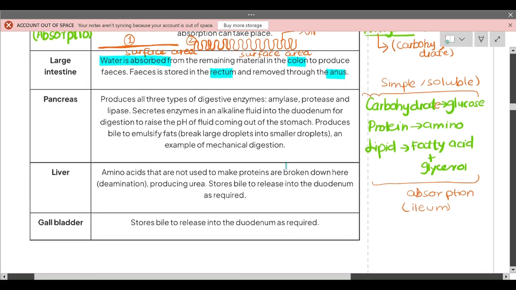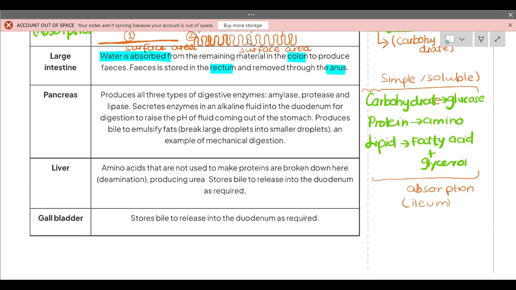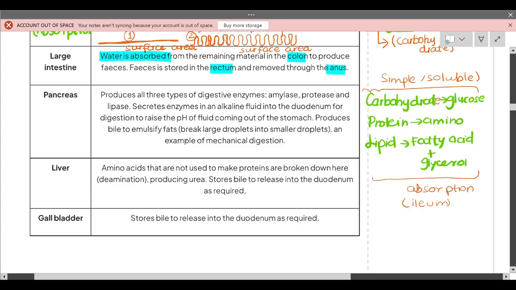Let's talk about some of these organs that are associated with, but not directly involved in, the alimentary canal. They are assisting the whole digestion process. Let's start our discussion with the pancreas first. Can you please answer where the secretions produced by the pancreas act, where they are passed?